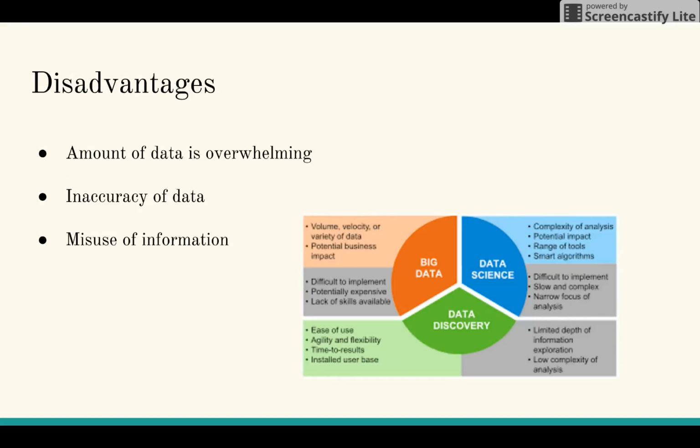Some of the disadvantages are that the amount of data that has to be sifted through can sometimes be overwhelming. So it takes a wide variety of people and infrastructure to put into place to make sure that these systems are operating correctly. Sometimes there's inaccuracy of data. Like I said earlier, this data can be misused, algorithms can be incorrect, and we may not be looking at the correct trends, and we may make a wrong decision because of the data that is being used.